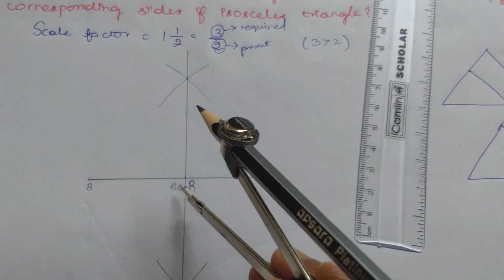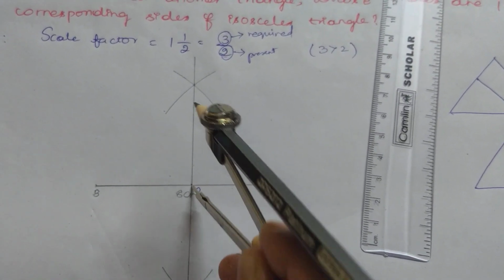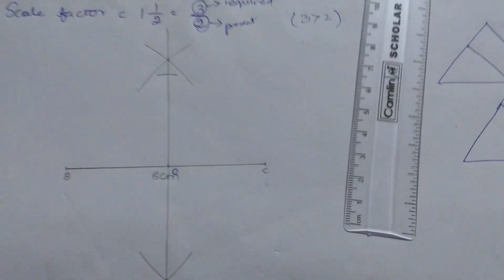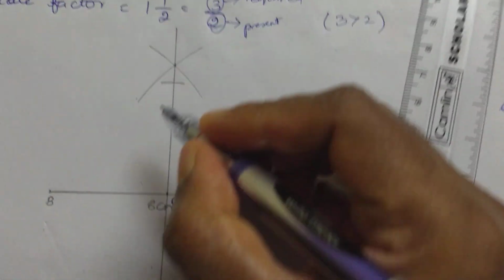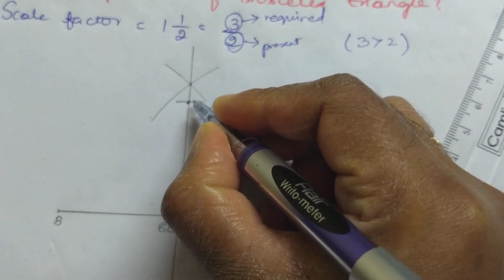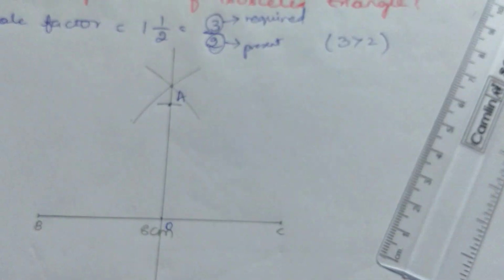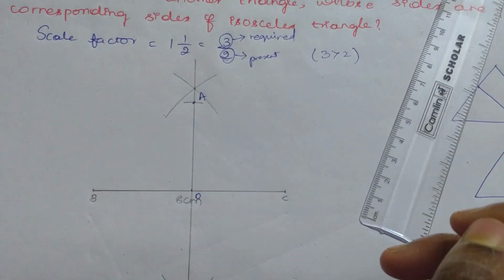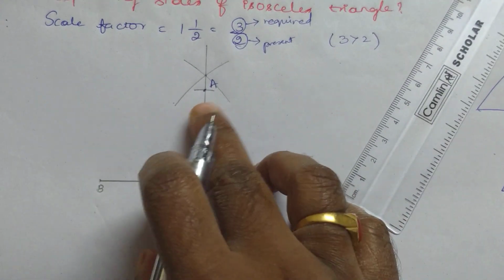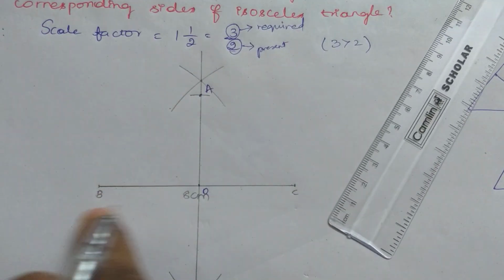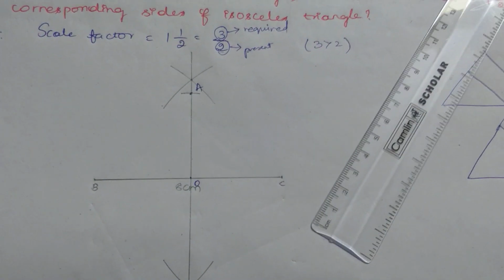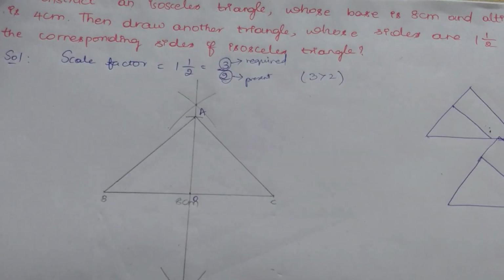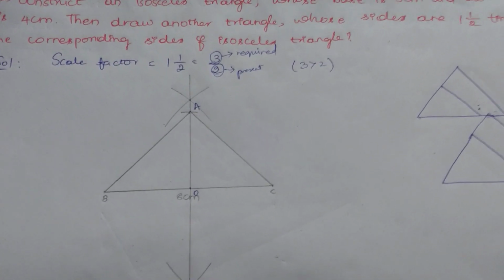So from the point O, let's draw an arc intersecting the perpendicular bisector at one point. Clear? You can see here, this arc intersects the perpendicular bisector at one point. Let us name it as A. So this point A is nothing but the third vertex of the triangle ABC. Now let's join AB and AC such that triangle ABC is formed, which is an isosceles triangle. Let's join the lines now. See here, I have joined the lines AB and AC. So now the triangle ABC is formed.